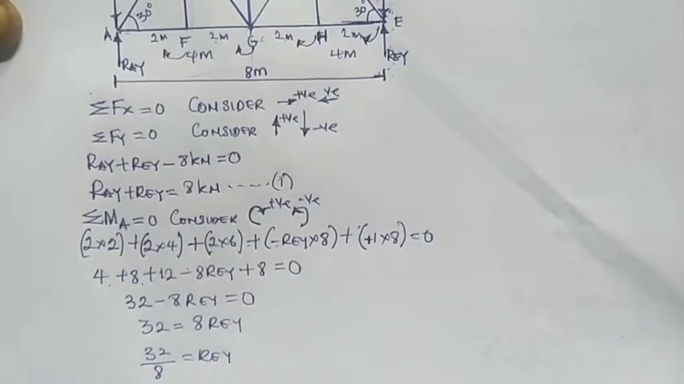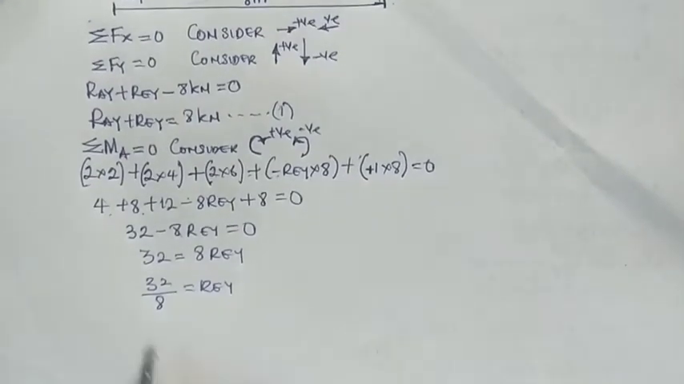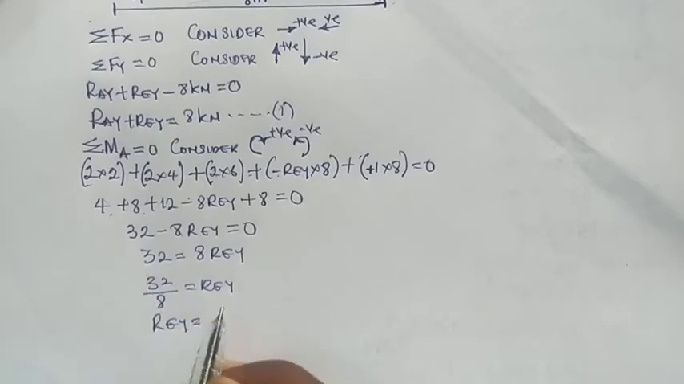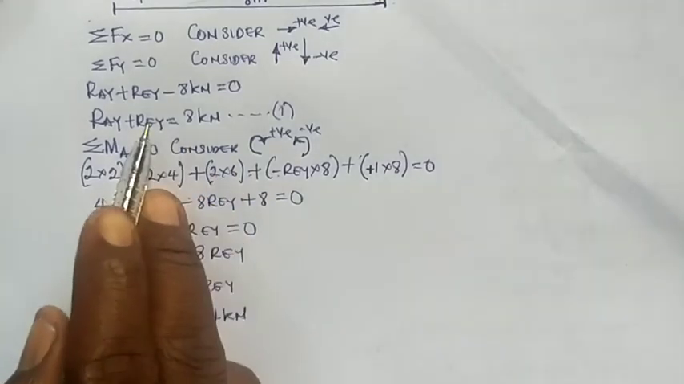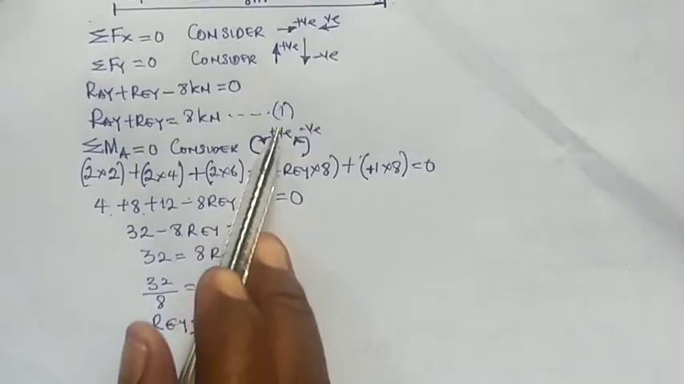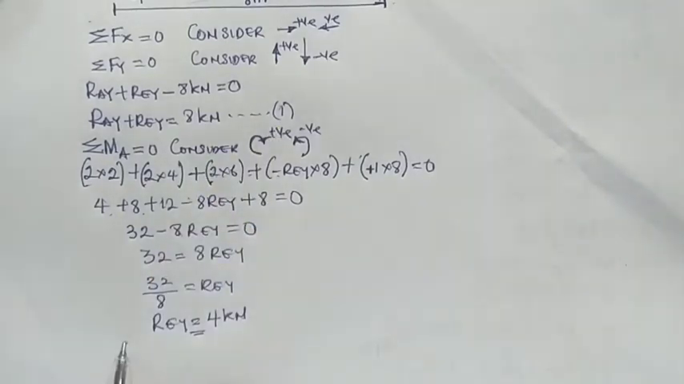Now our REY will be equals to 4 kilonewton. So the REY is 4, right? So you are going to put REY in equation 1 above. This is equation 1. So substitute